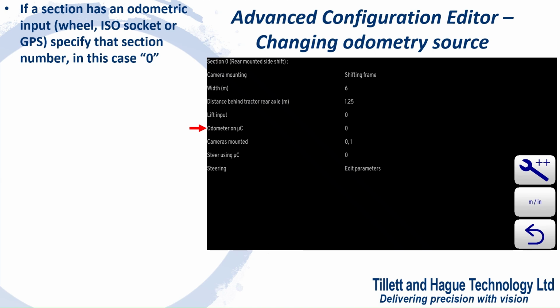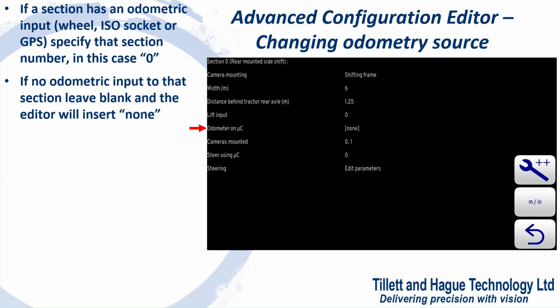So on the odometer on microcontroller line, specify the same index as the section number, in this case 0. If it were section 1 of a multi-section implement, you could also enter 1. Note on the screen the word microcontroller is abbreviated to μC. If there is no odometric external speed input to a section, leave that line blank and the editor will automatically